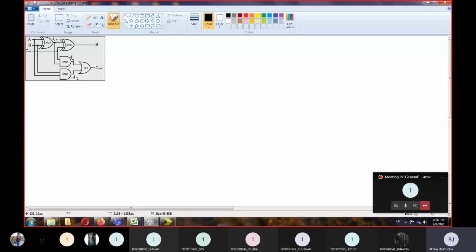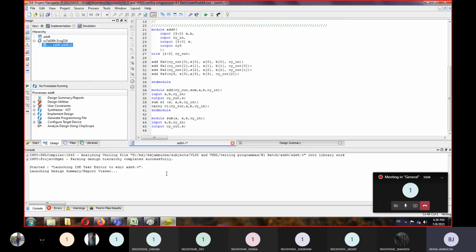So here you will have to define a wire called T1, right? Here also we will have to define a wire T1.